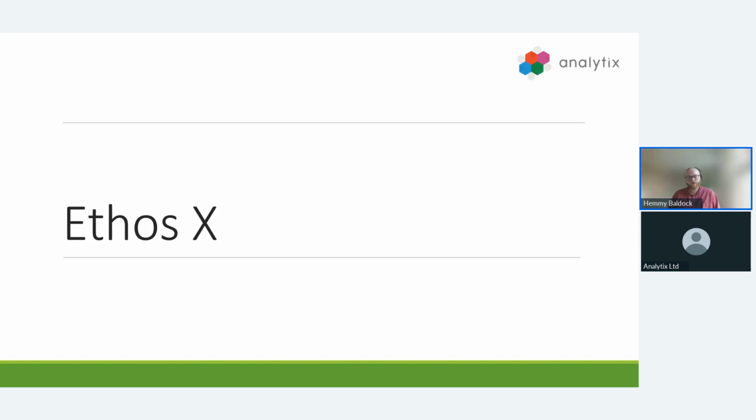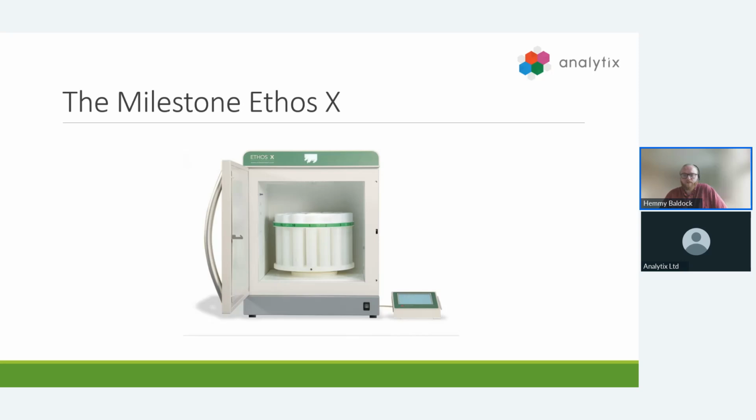So now we've covered the background of microwave-assisted extraction. Let's specifically talk about the Milestone Ethos X system. The Ethos X system delivers high microwave power, resulting in faster heating and shorter extraction times. Robustness and reliability are essential characteristics in environmental labs to avoid any lapse in the daily operation. The Ethos X has a rugged stainless steel construction to ensure a longer lifetime and to eliminate downtime in the lab. The Ethos X with the FastX24 rotor allows for simultaneous extraction of 24 samples in 40 minutes with minimum